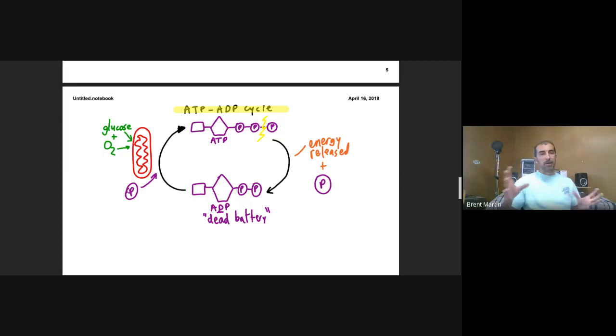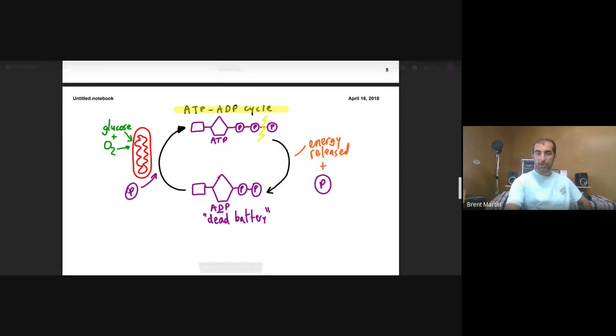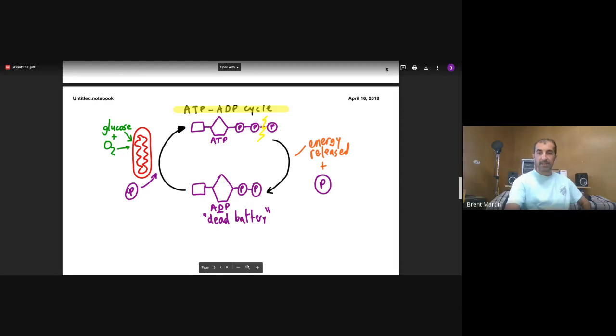Now, these molecules don't die, they don't disappear, they're not destroyed. They're like enzymes. Once you use them one time, you can use them again. So same thing with this ADP molecule now and this free-floating phosphate. For me to get this dead battery back charged, somehow I've got to add that third phosphate back. What your body will do is take in this ADP molecule and that phosphate group,